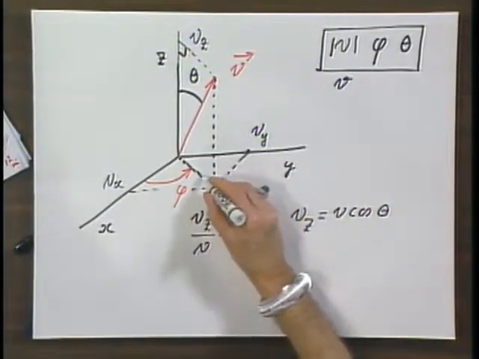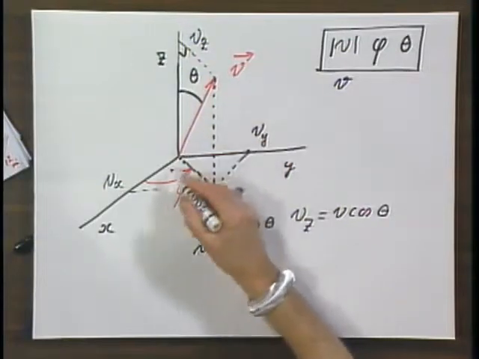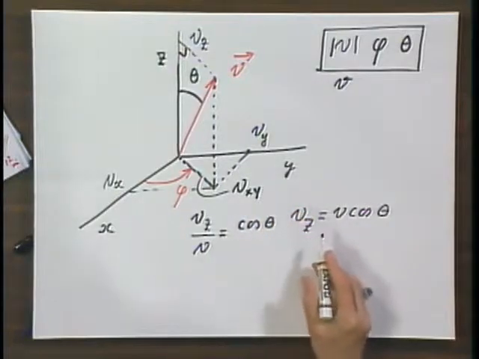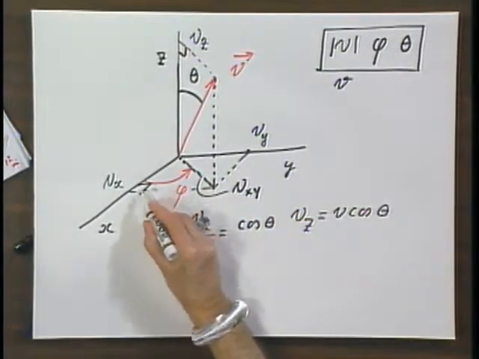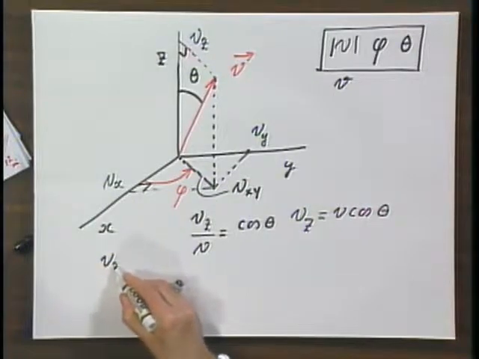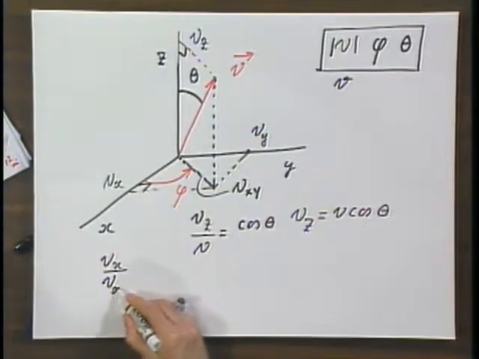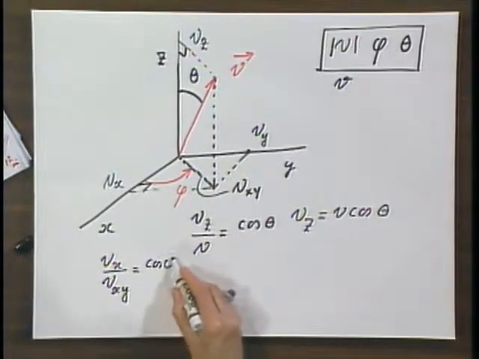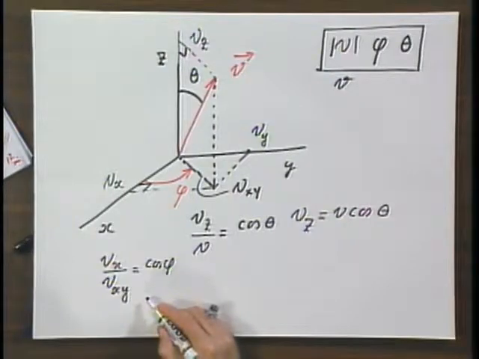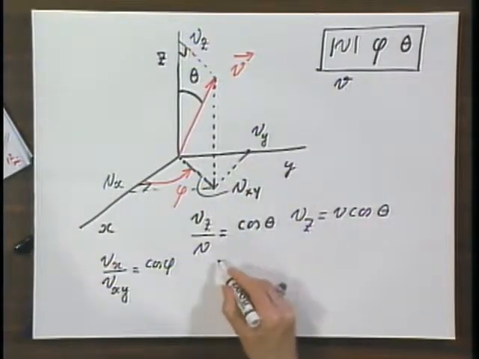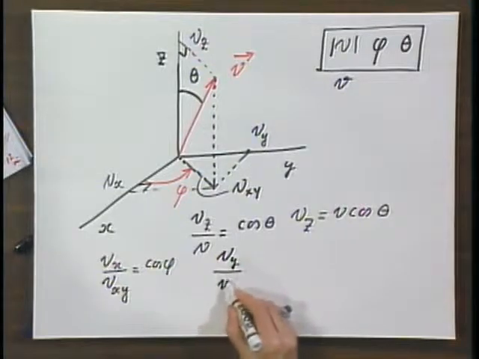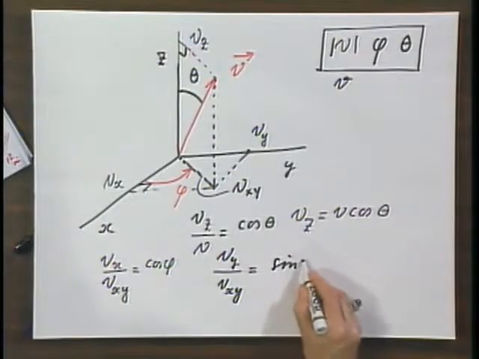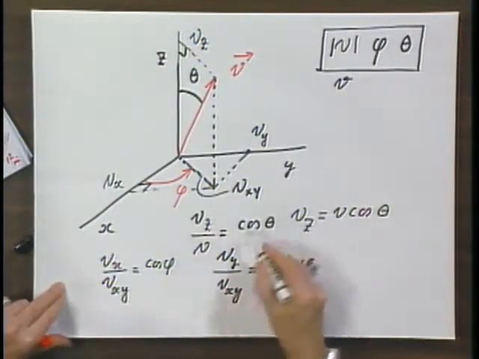If I call this projection of this vector v onto the xy plane, if I call that vxy, then given the fact that this angle is 90 degrees, v of x divided by vxy equals the cosine of phi. And v of y divided by v of xy would be the sine of phi. And if we combine this,